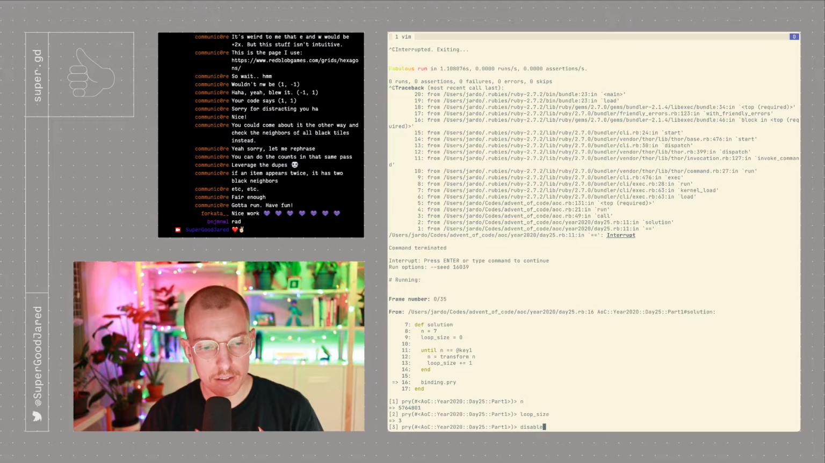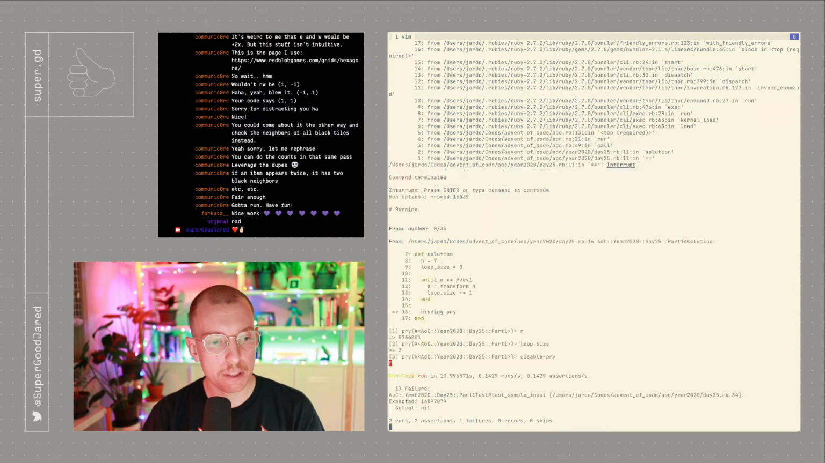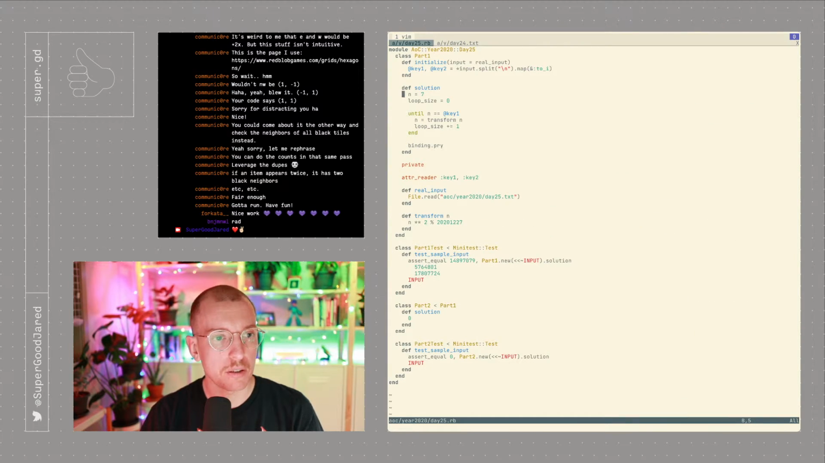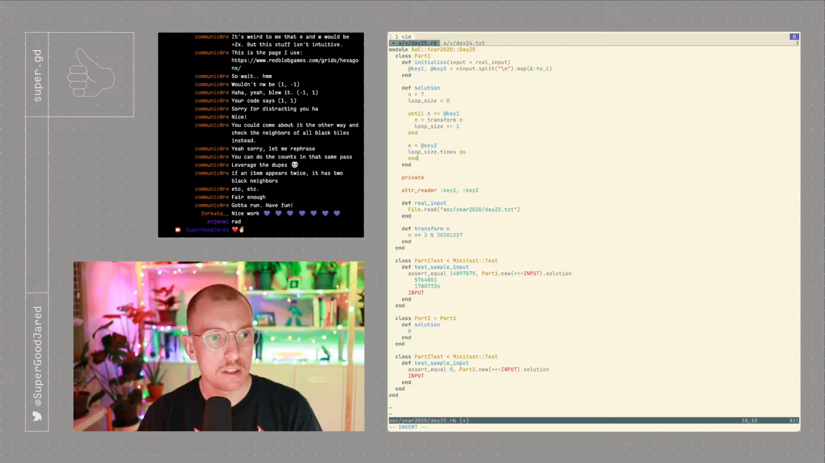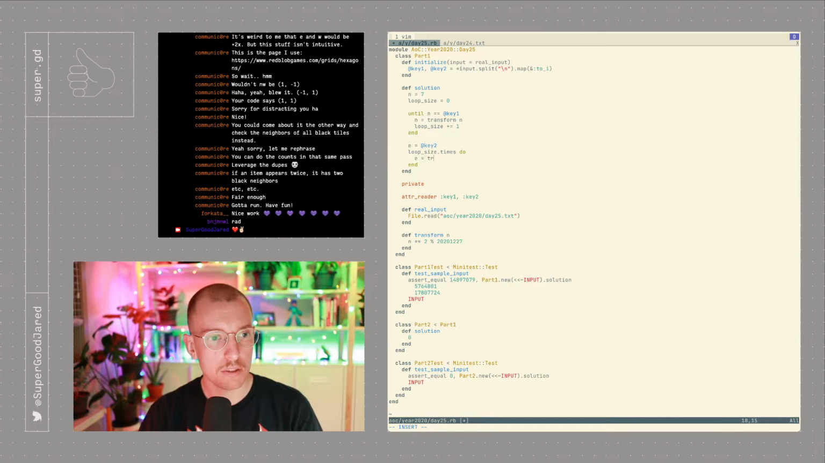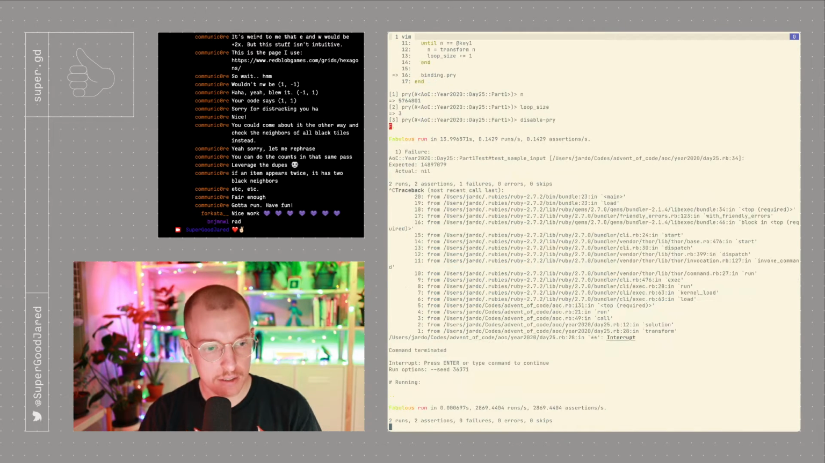And then, so we transform the other key that many times. So then we go loop. So we'll just make it that. Then we say loop size times do, and we set e equals transform e. Just return e at the end. So that passed our test, and